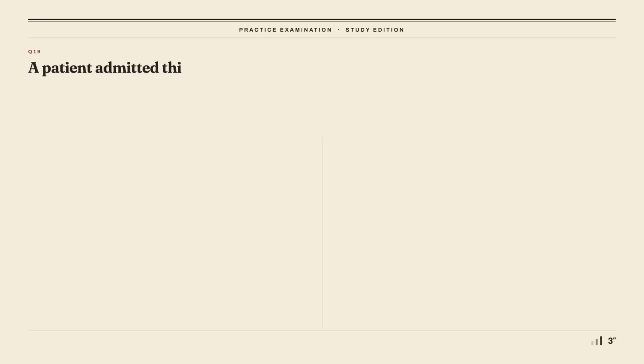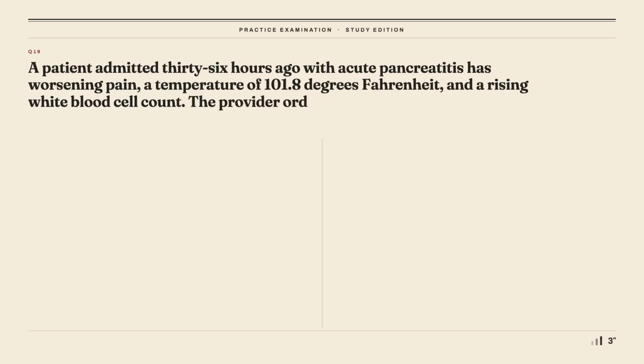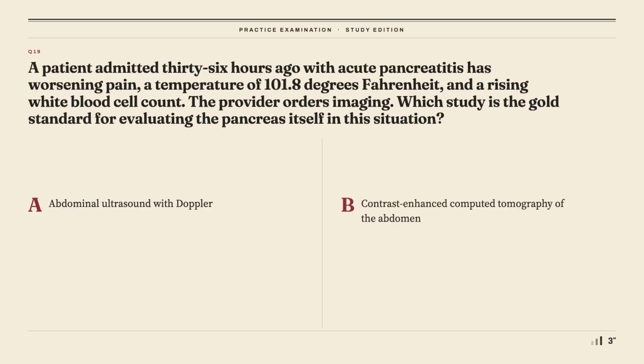Question 19. A patient admitted 36 hours ago with acute pancreatitis has worsening pain, a temperature of 101.8 degrees Fahrenheit, and a rising white blood cell count. The provider orders imaging. Which study is the gold standard for evaluating the pancreas itself in this situation? Your options are A. Abdominal ultrasound with Doppler,